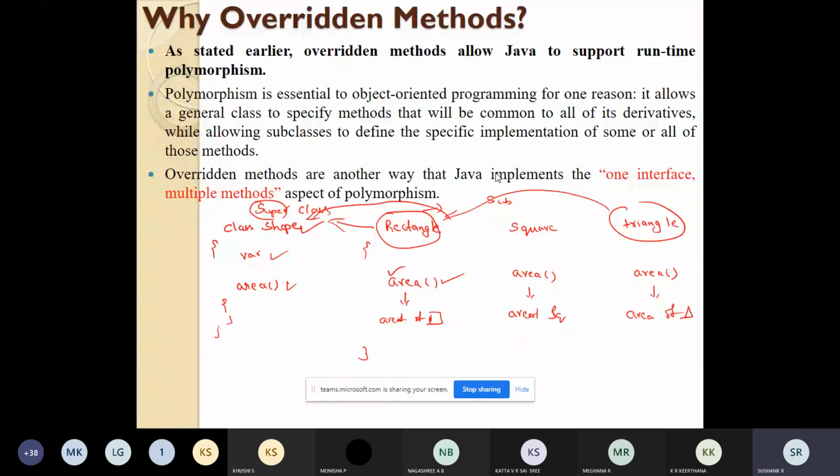Here the interface is nothing but the superclass. The superclass function area will act as one interface. Multiple methods means the methods of rectangle, the methods of triangle, the methods of square, like that. That is how this polymorphism is implemented.